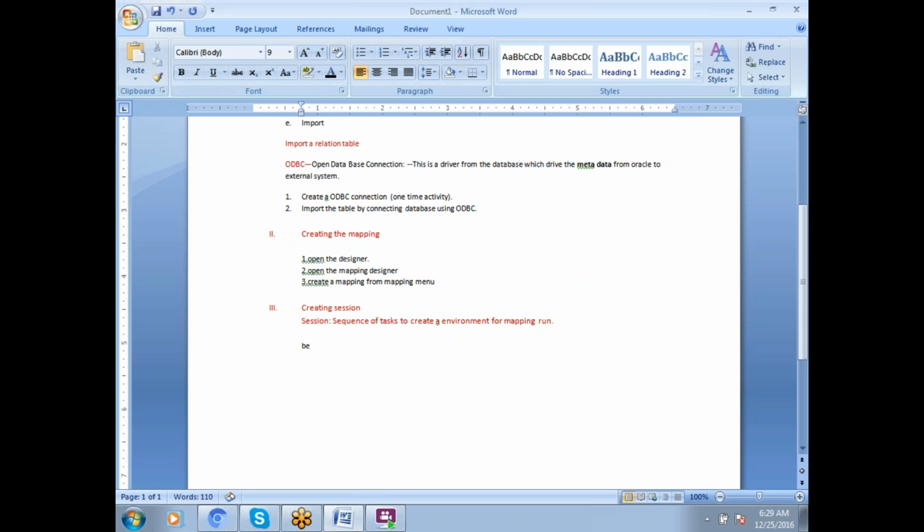Before the first run of any map, you have to make sure of the below things, before the session is created and before the mapping run. First point: